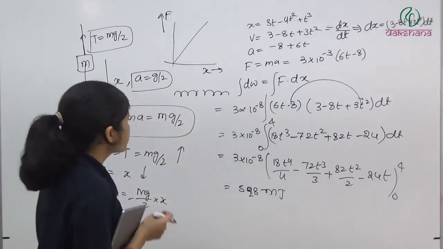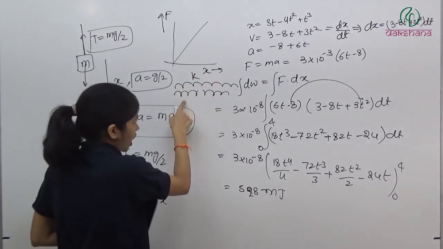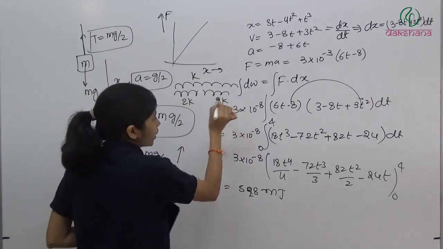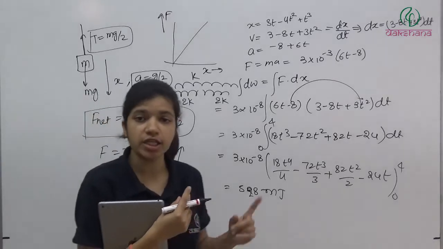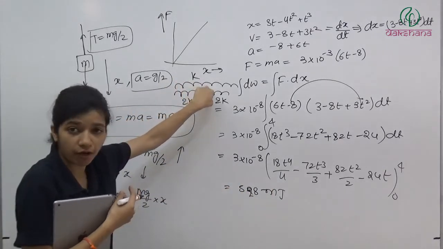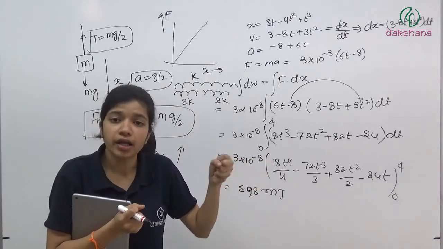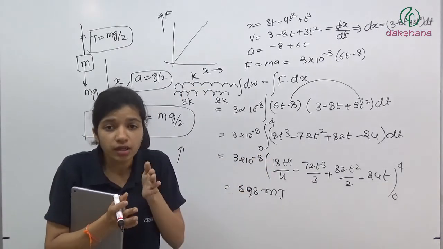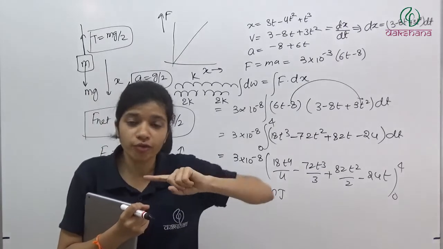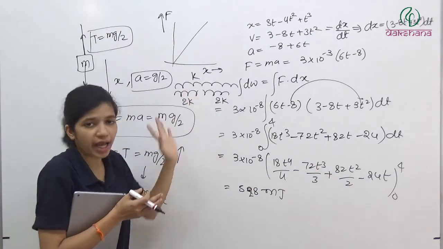Spring constant. If spring constant of original spring was K, spring constant for half the length of the same material of the spring is going to be 2K. I have told you when I was teaching the spring constant in NLM. So when we make this length half, because definitely when you have longer length of spring, you will require less force, right? When the length is smaller, then you need more force to stretch it with the same deformation. So its spring constant has increased.